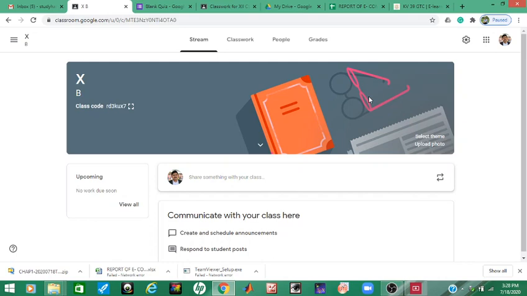They will go to the Google Classroom app on the mobile, and they can submit the work. So in this way the teacher can have interaction with the students, and can share assignments and homework, can take an online test also, and can share a quiz also.